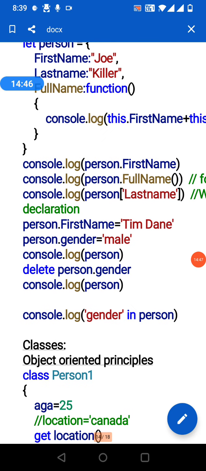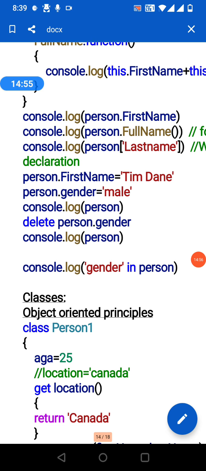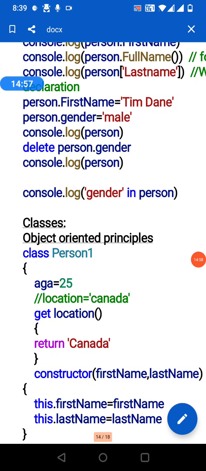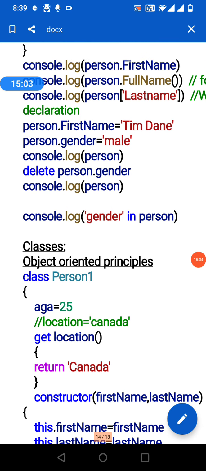When you want to declare a different value, you can give it like this: person dot first name equal to Tim Dunn, so that will reinitialize. When you want to add any other value, you can just give person dot gender equal to male. It will add. To delete, person dot gender, it will delete.